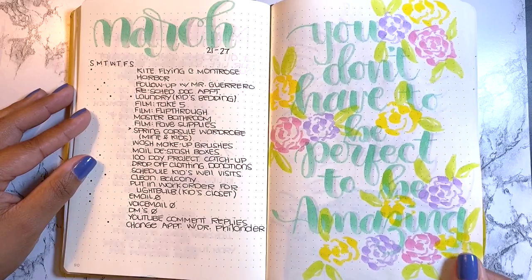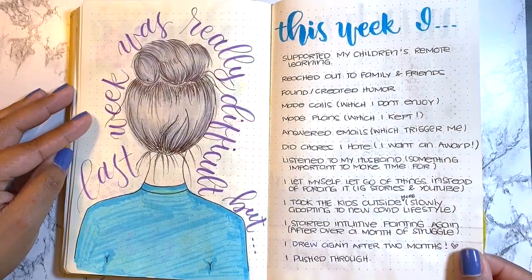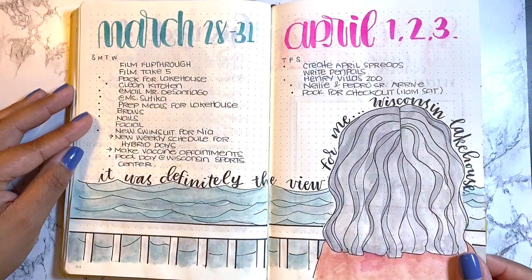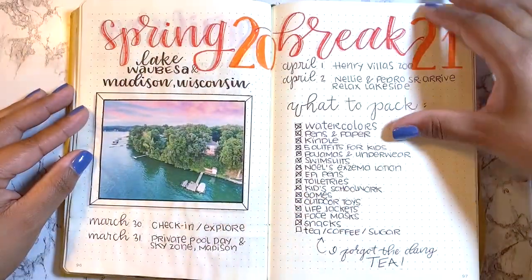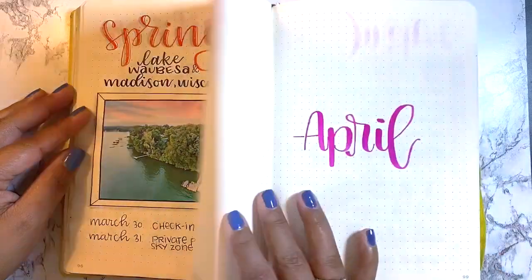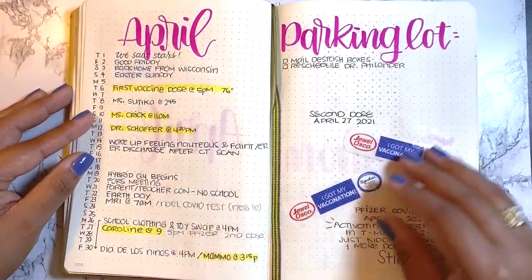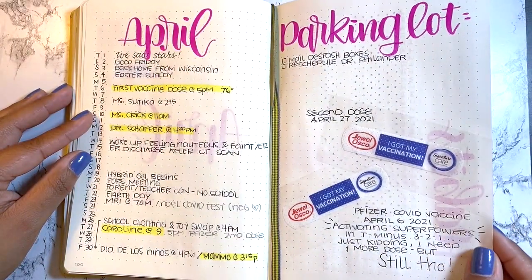March was also kind of a difficult time. My anxiety was really at its height, I think, like a year into the pandemic. My anxiety really reminded me that she's still there, alive and well, and I needed to really take care of myself. But we were blessed. We were able to go to spring break and take the kids away from the city. We rented a house by the lake, and they were able to jump and make noise and do lots of fun things. And so, April, I was feeling really bright, as you can see by this color that I chose